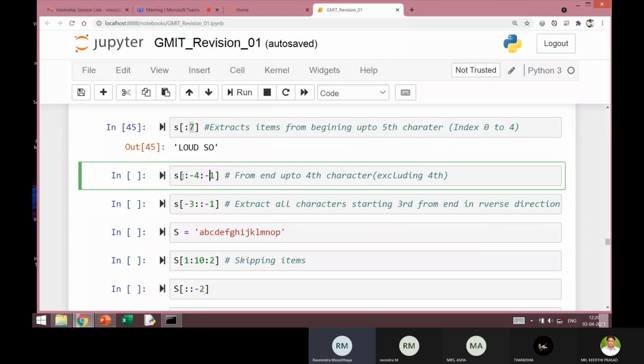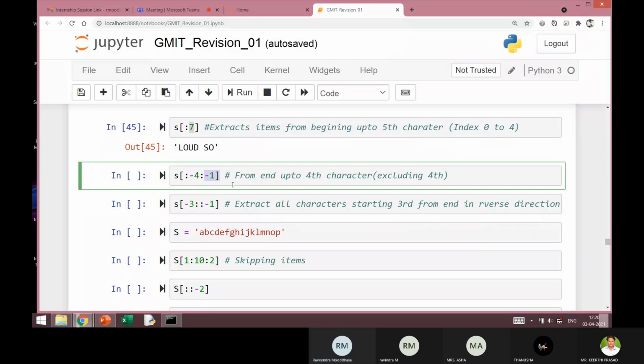Now, when you have not written something in the first place, the beginning index could be 0 or it could be -1. That depends on the direction in which you want to go, whether from beginning to end or from end to beginning. In this case, the increment is -1, so the direction is considered to be from end to beginning. The direction is reverse, not the normal direction.